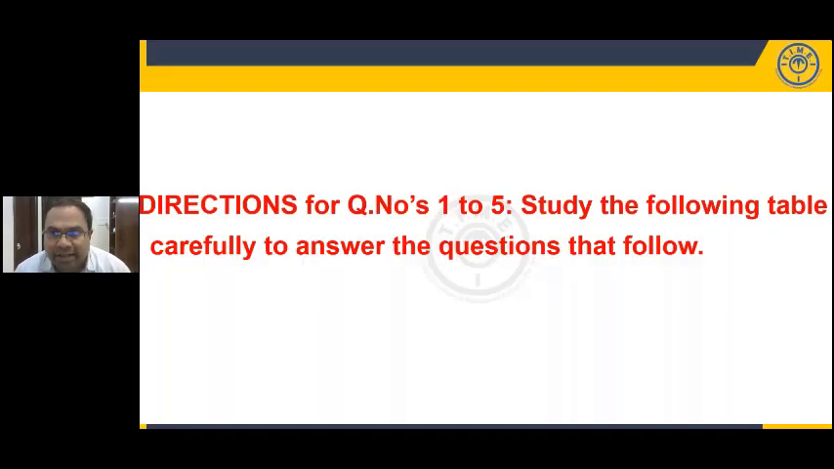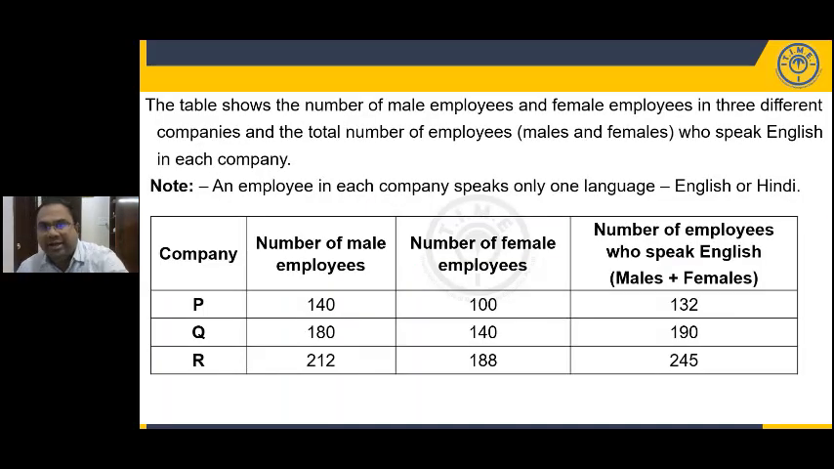Question number 1 to 5. Study the following table carefully to answer the question. So, this is the set based on tables. All of you look at this set. This is quite interesting set. Just look at this set. Right. This is your IBPS RRB PO